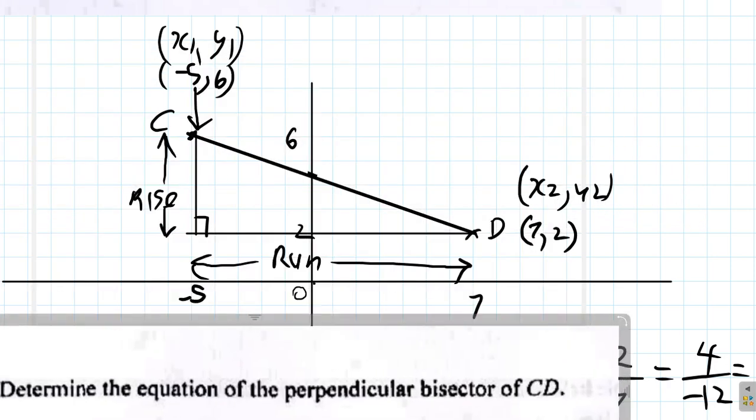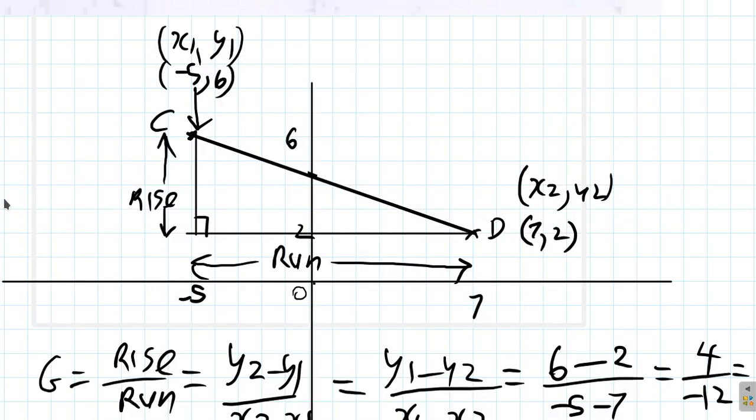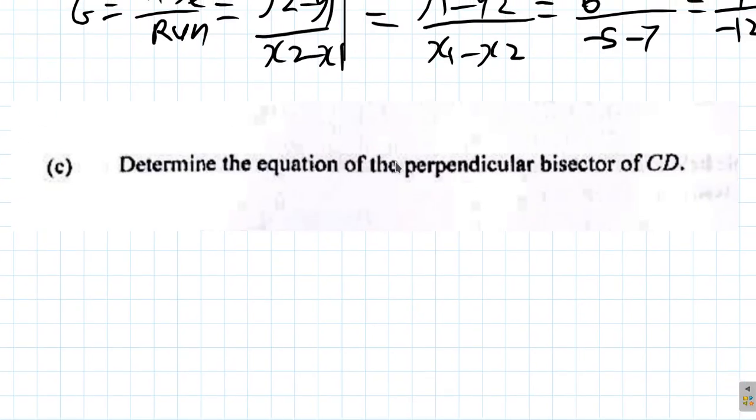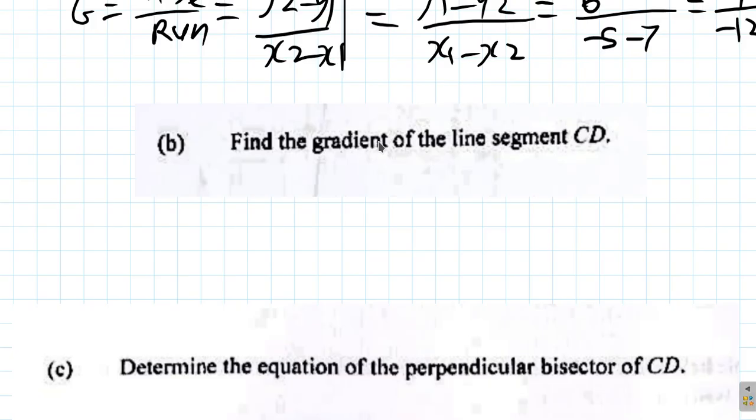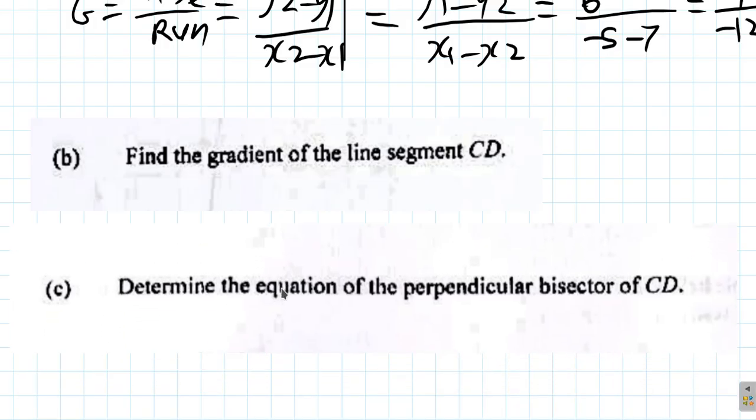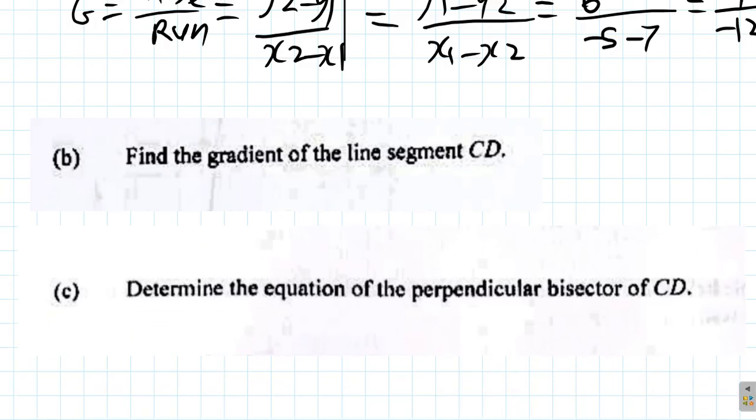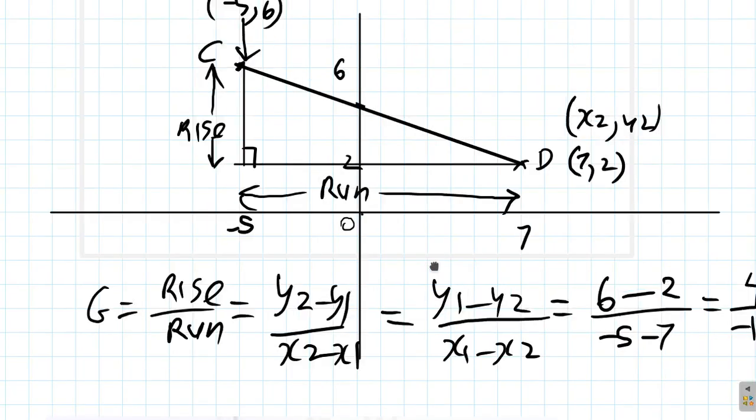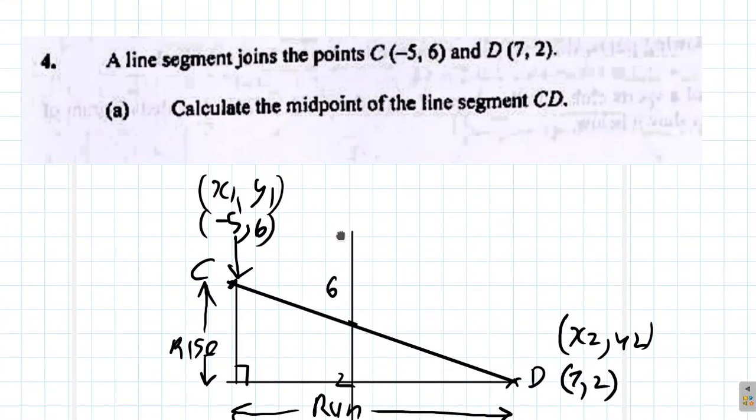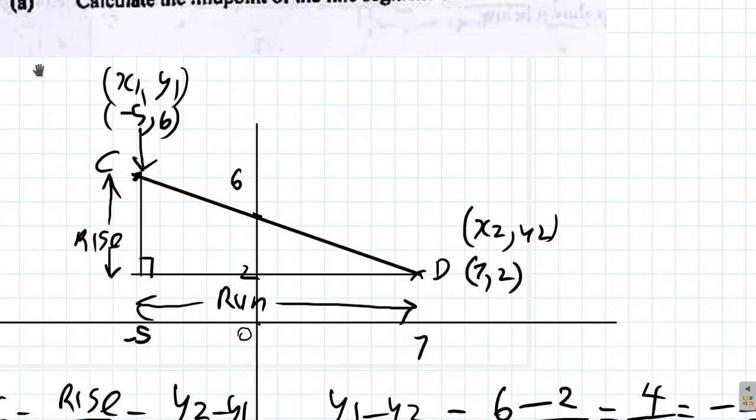Now remember the term perpendicular. It means at 90 degrees, right? Bisect means it passes through the midpoint. Now, the midpoint. What was the midpoint again? We just quickly calculate it again. The midpoint, you have